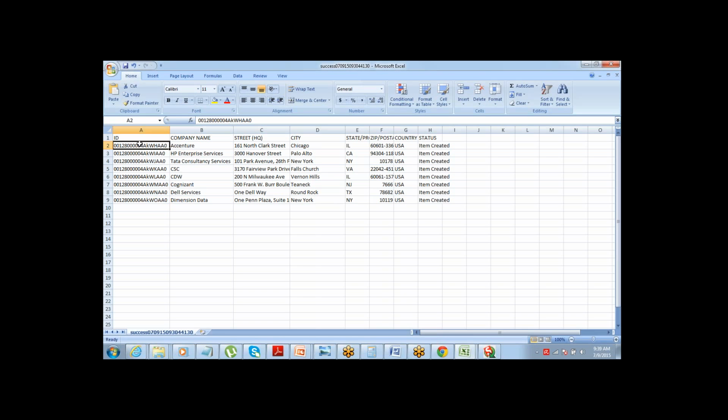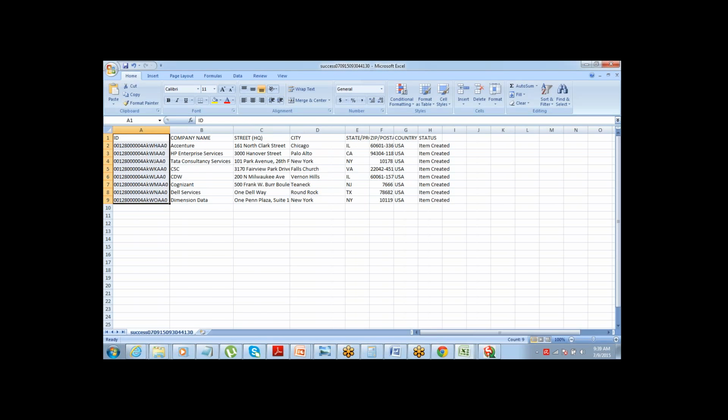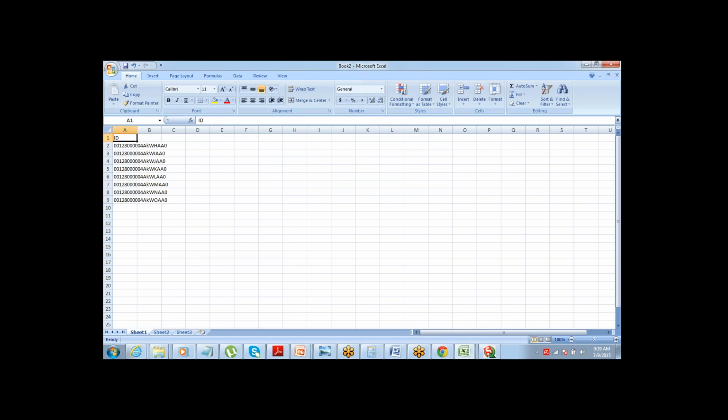The success file gives you the ID, all right? So while I'm preparing a file for update, all that I can do is I can get the IDs from here. Let me create a new file, get all the IDs and the data that needs to be updated. What do you want to update?